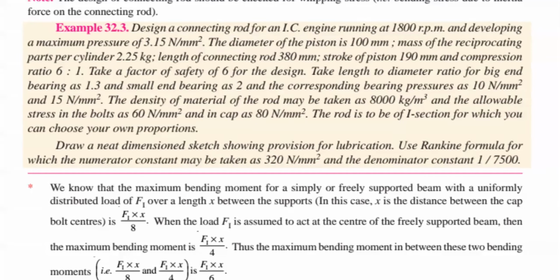After reading the given data of this particular problem, two things are very, very important before you proceed to the next step. The first and very important point is that you are required to design each and everything. That means from the first point to the fourth point, you are required to determine everything. So write down the formulas and try to determine the unknown parameters. Next, the second important point is here.